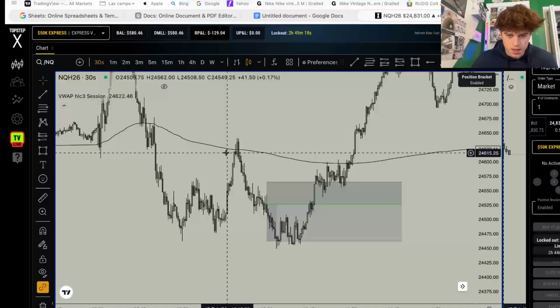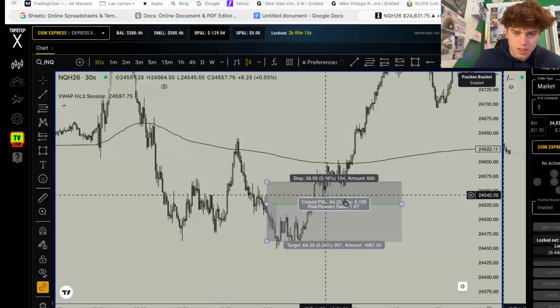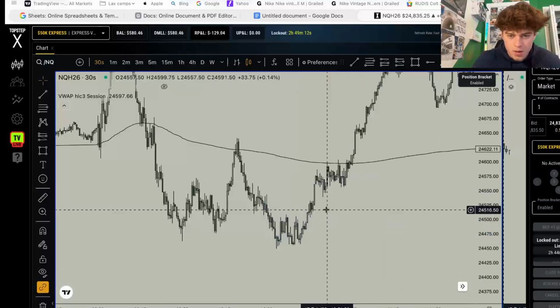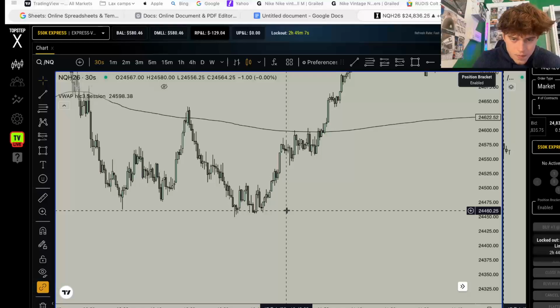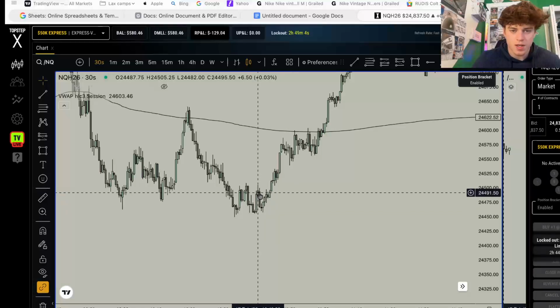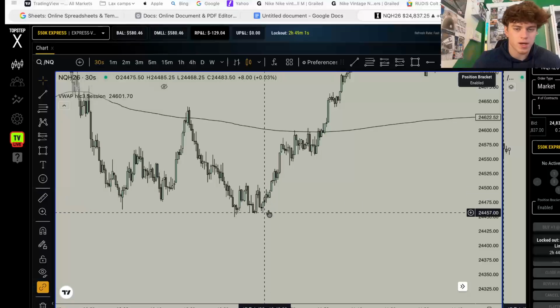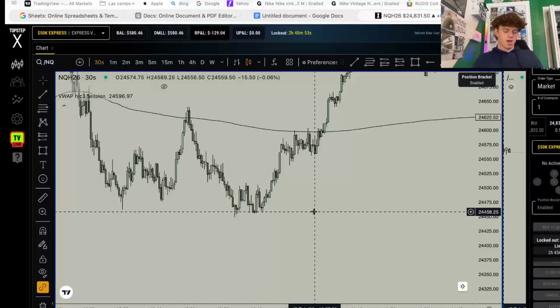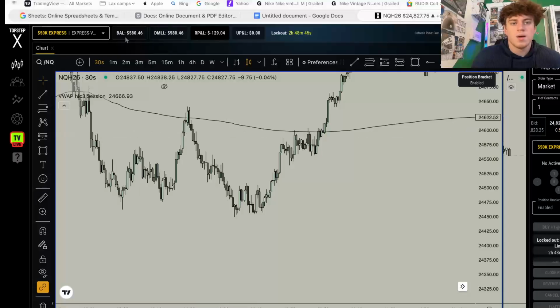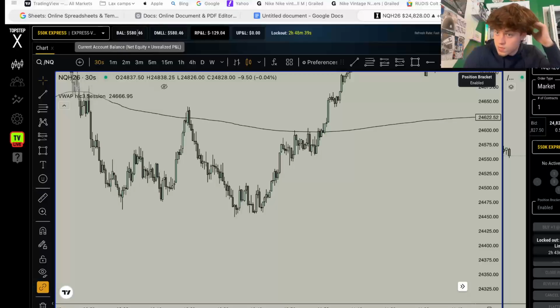And what I actually did end up taking was, I believe, this right here. I entered in on like this inverse right here, and it just went against me a little too much. It would have been a winning trade, but it just went against me, and it hit my maximum daily loss limit, and I just have it set to like that because I'm pretty low on this account. I'm close to blowing it, only $600 away. So we got to get some small wins to rack this one back up.